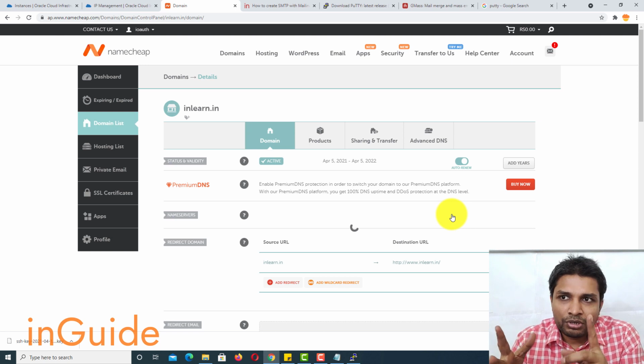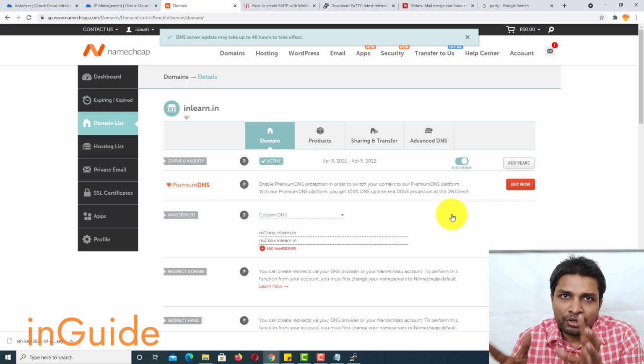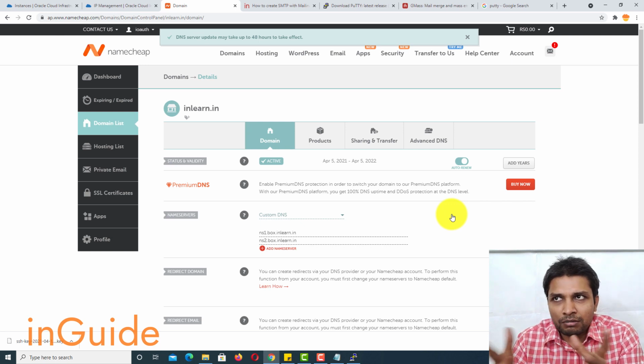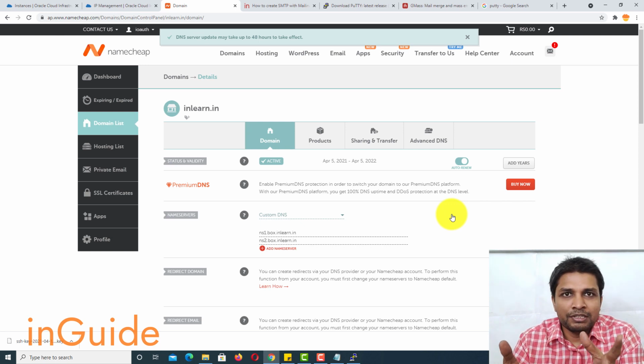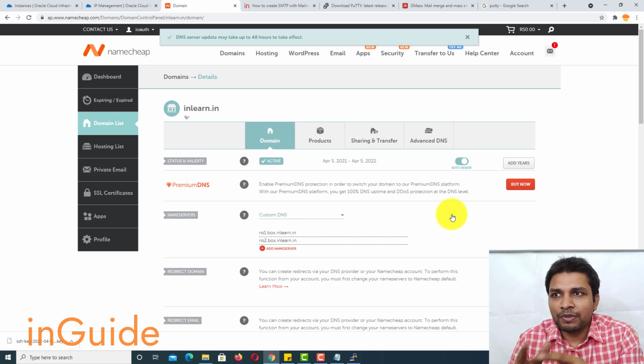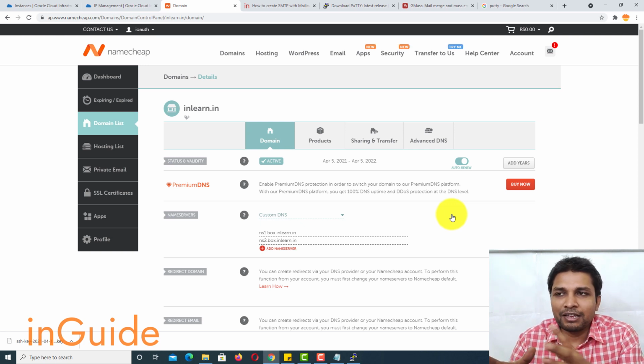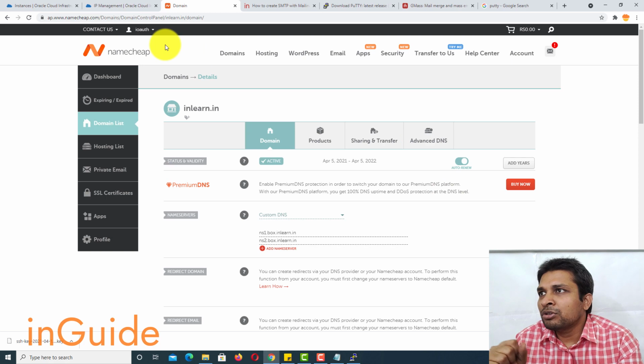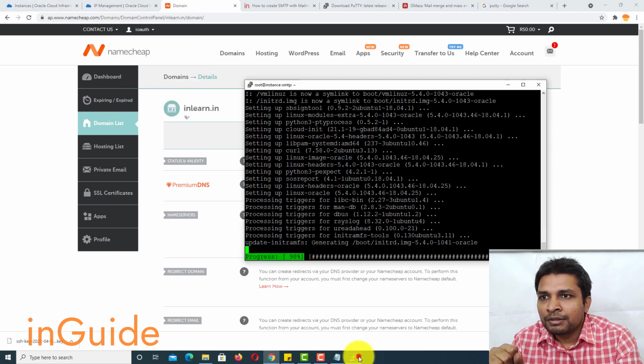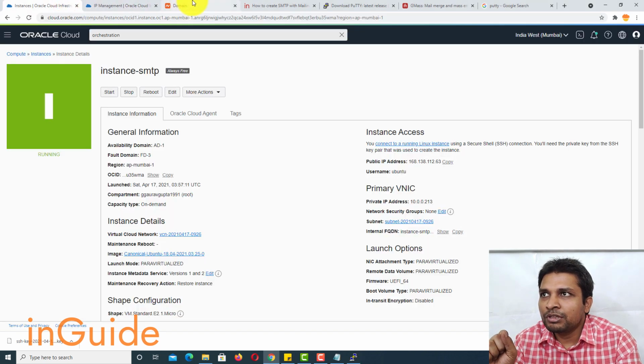Here you should note one thing, that DNS propagation could take some time with Namecheap as well as GoDaddy. So if it doesn't propagate in like 10 minutes, don't worry, it could take 2-3 or more hours. Anyway, so now this system is getting updated here, and we are all set with the Oracle Cloud thing.